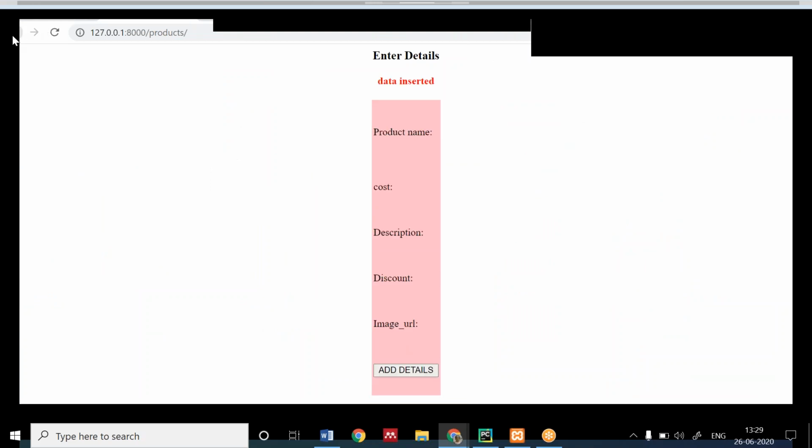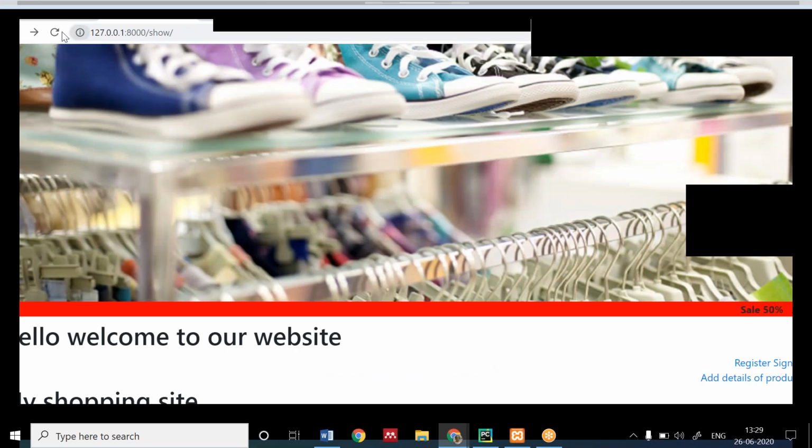The detail has been added. You can see here.